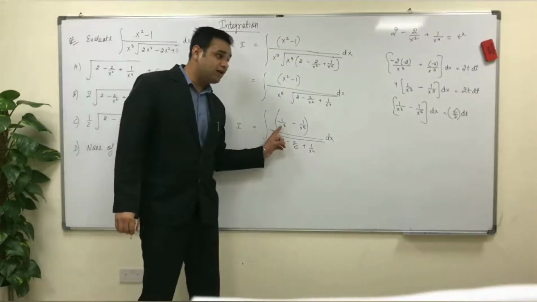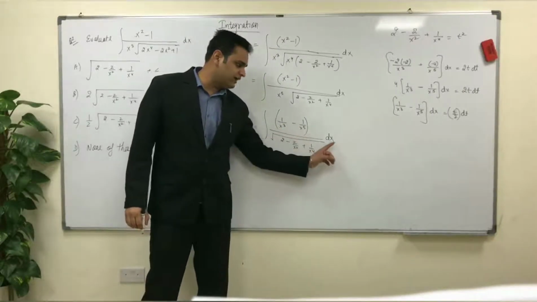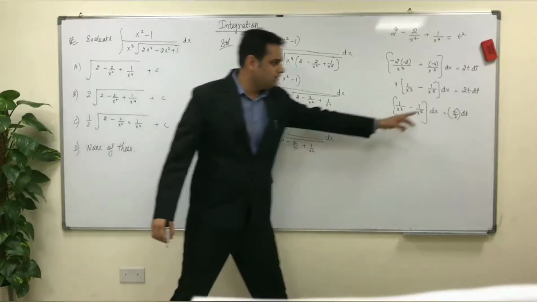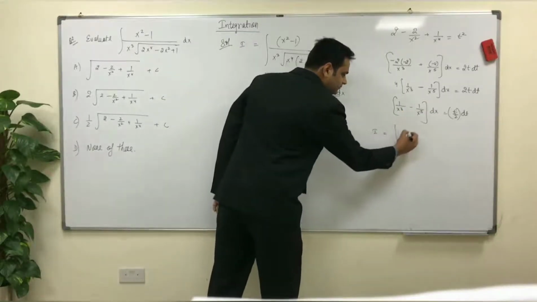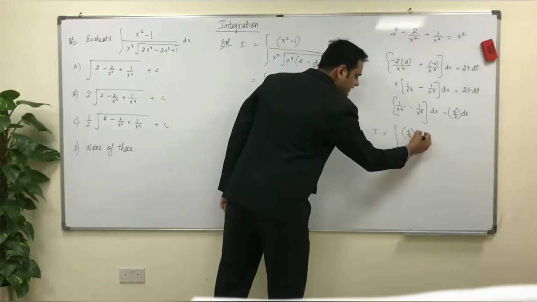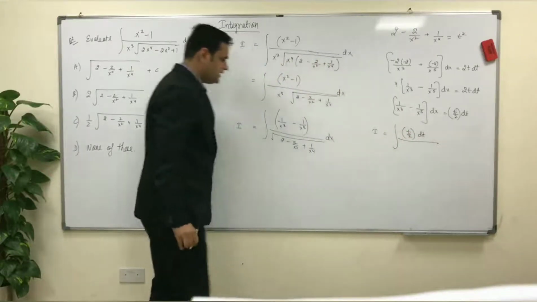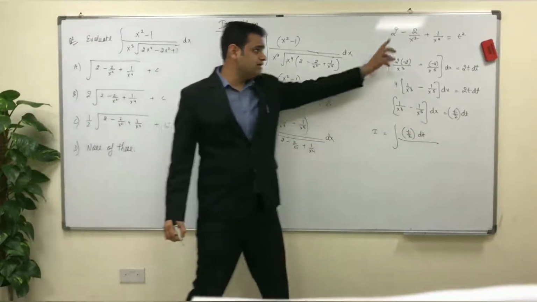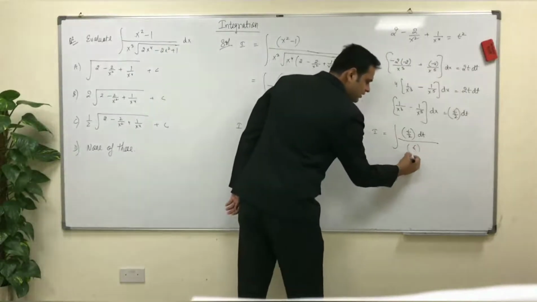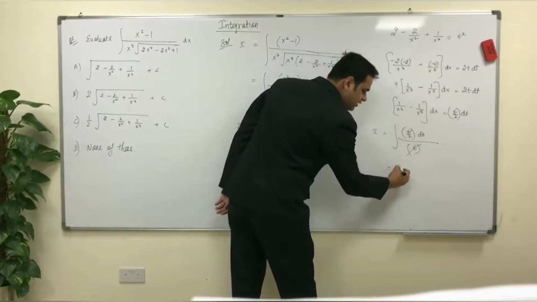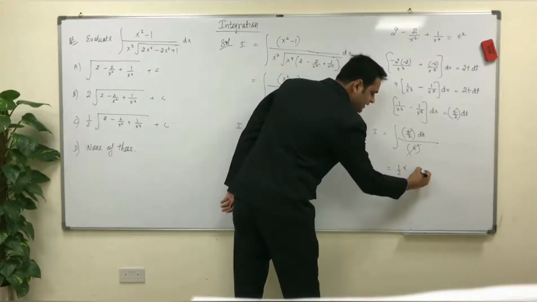If you can see now, 1 by x cube minus 1 by x to the power 5 dx is becoming t by 2 dt. So it means this is nothing but t by 2 dt divided by, and if you see this is nothing but t square. So under root t square will become t. Now t t cancel, half will come outside. Integration of dt will be t plus c.